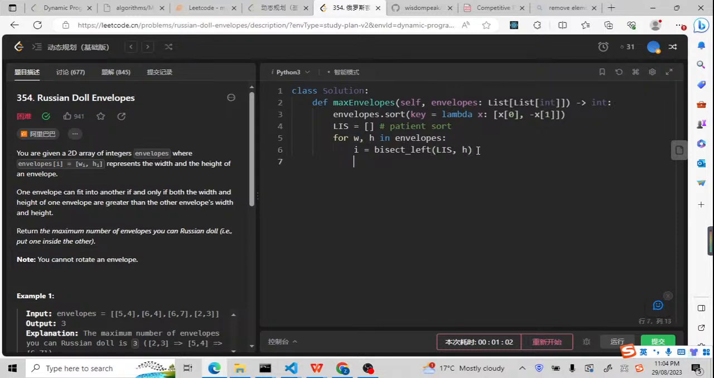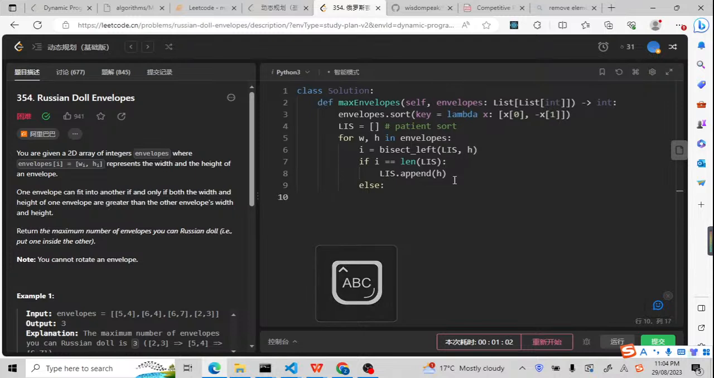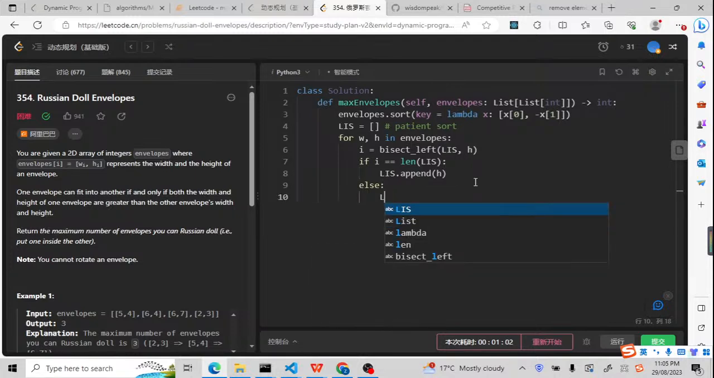Now we just need to check the index. If this index is equal to the length of the longest increasing subsequence, it means we can append it after the array. So we need to append the height. Otherwise, we just need to insert it. So for the insert, actually, it is the updating of the previous value. So LIS[i] should equal to h. Finally, we just need to return the length of the